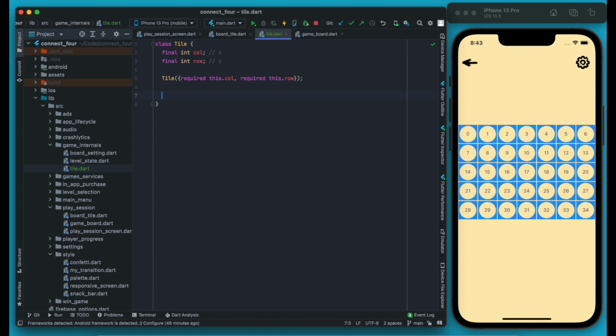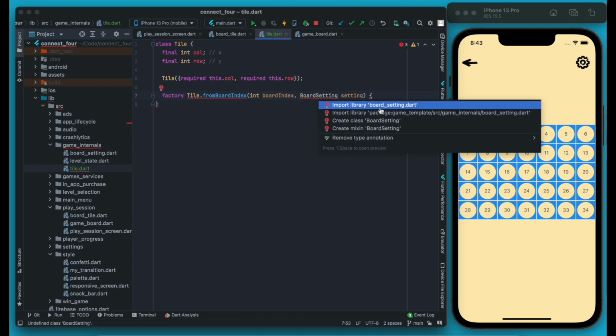Next, we're going to create a way to actually generate a tile based off of just this index. So that is going to be another way of generating one of these. You could generate it with just the column and the row, or you can generate it with this factory, which is going to be from the board index, and it's going to require two parameters. One of those is going to be that board index,